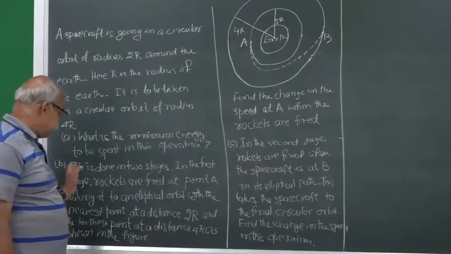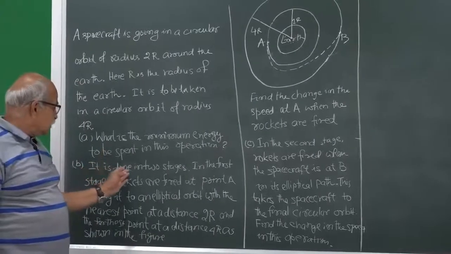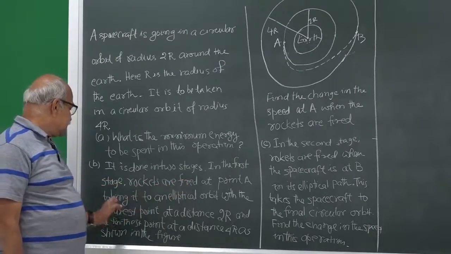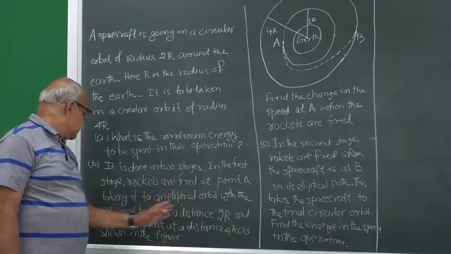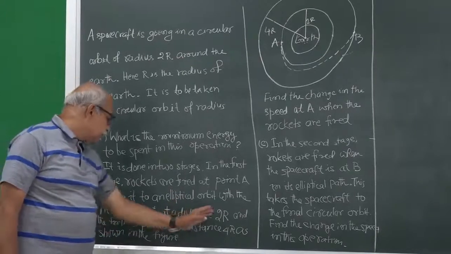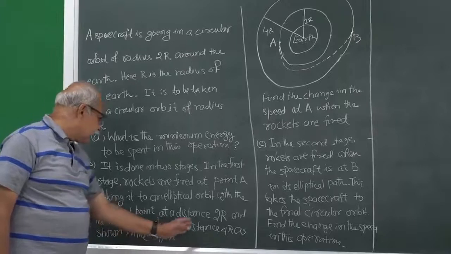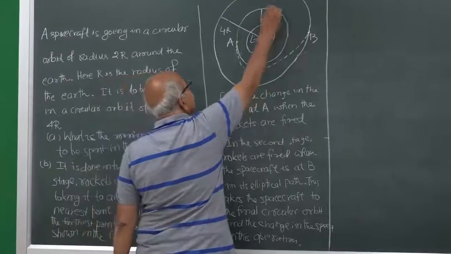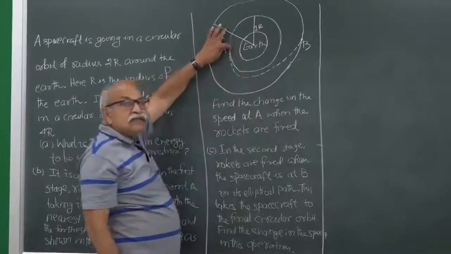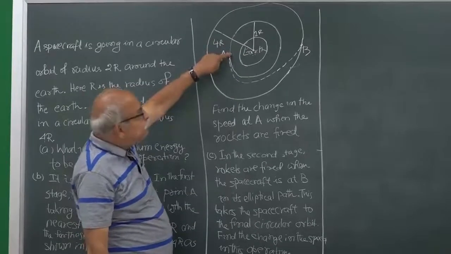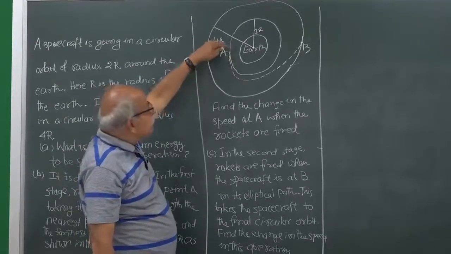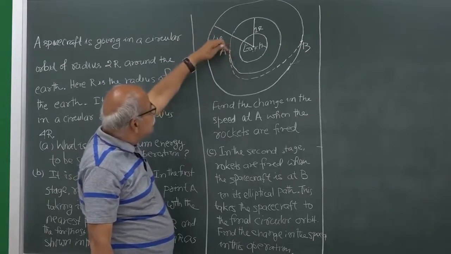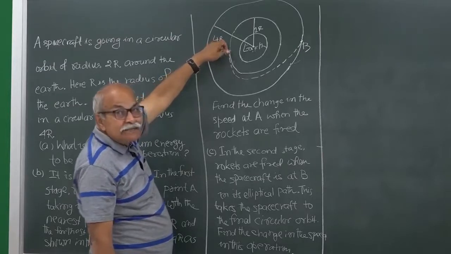Part B is to be done in 2 stages. In the first stage, rockets are fired at point A, taking it to an elliptical orbit with the nearest point at a distance 2r and the farthest point at a distance 4r, as shown in the figure. So, in the first circular orbit, when it is here, rockets are fired. What are the rockets going to do? Change the speed,